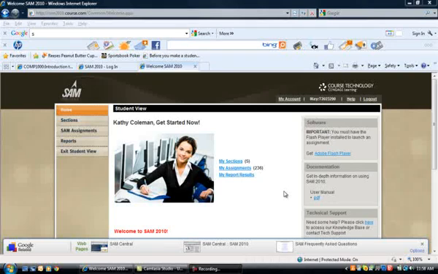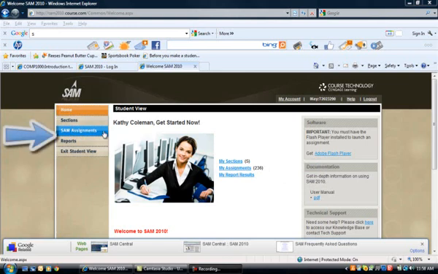For this video, we're going to take a look at downloading our SAM project to work on. This is something that you do inside of SAM, and you should be logged into SAM as well. When you come into SAM, you see your links here in the main body of the screen. My left side navigation bar probably looks a little bit different than yours, but the one thing we both see